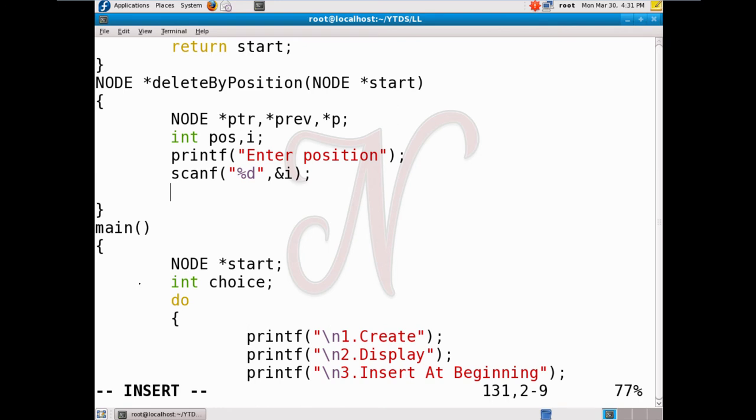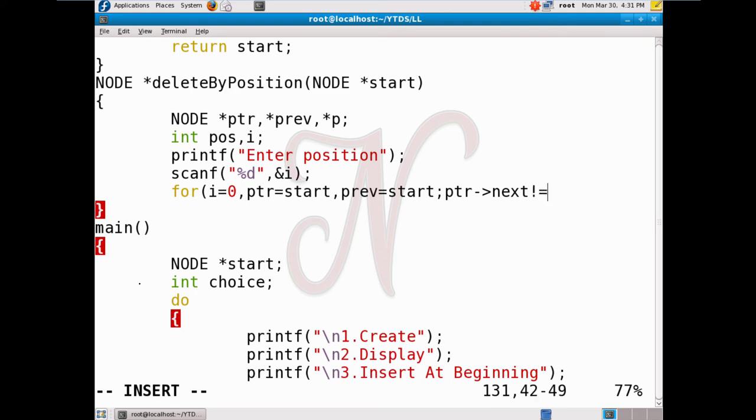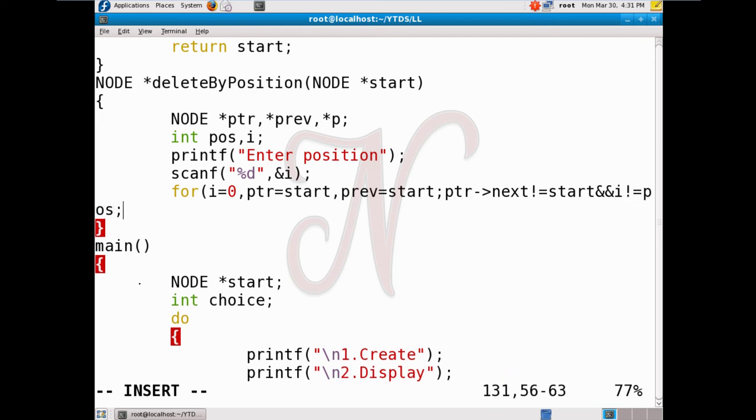Then by using a for loop, i equal to 0, ptr equal to start, prev equal to start. The condition is that ptr of next is not equal to start and i is not equal to position.